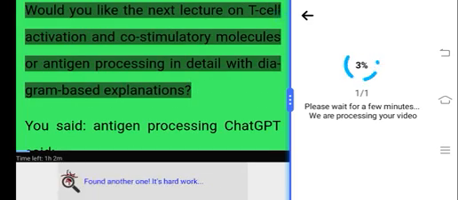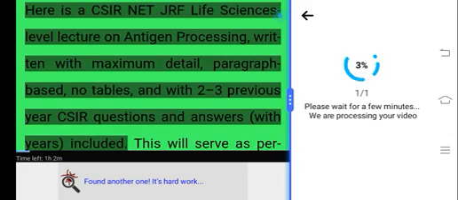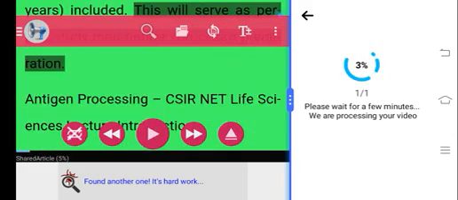Would you like the next lecture on T-cell activation and co-stimulatory molecules or antigen processing in detail with diagram-based explanations? You said: Antigen processing. ChatGPT said: Here's a CSIR-NET JRF Life Sciences level